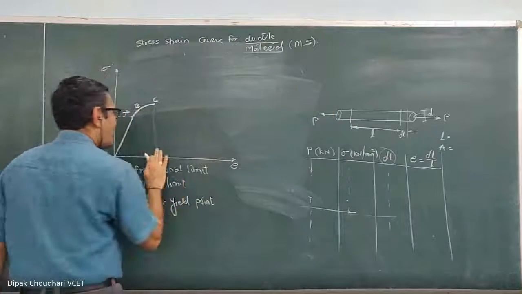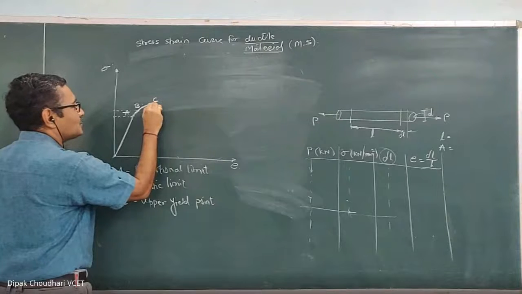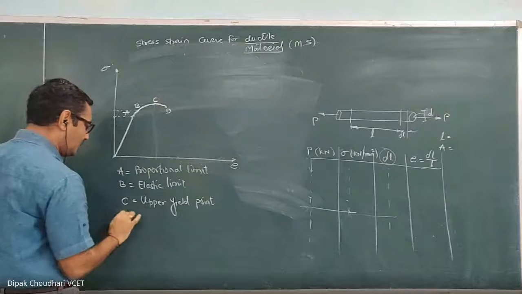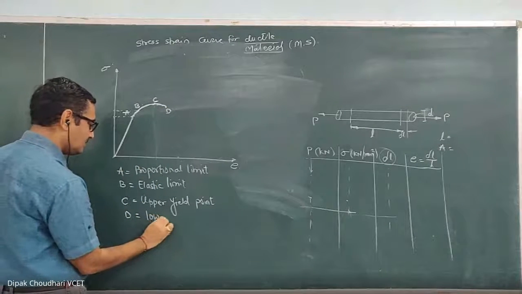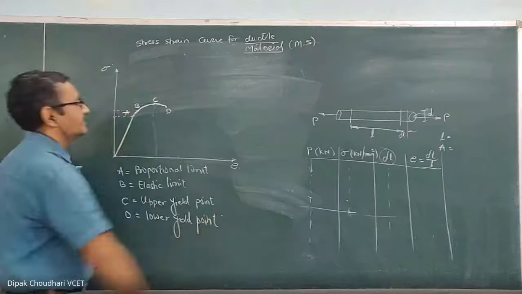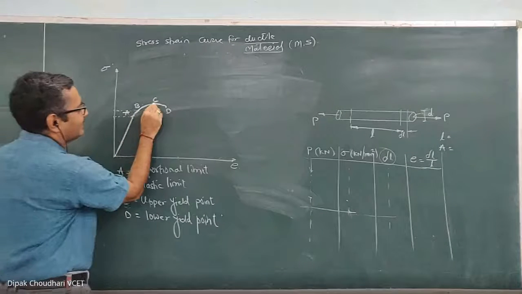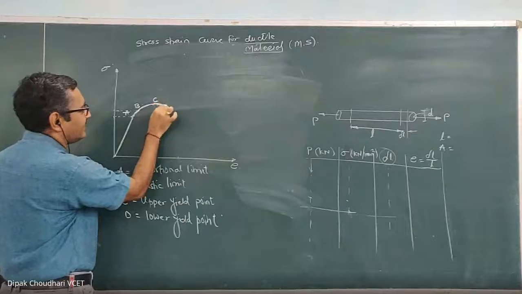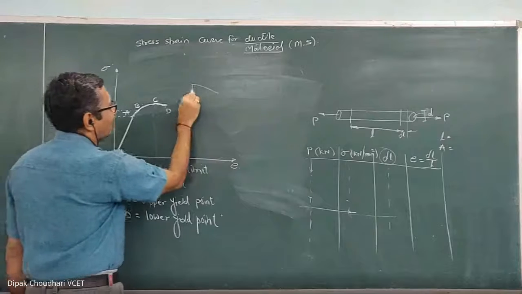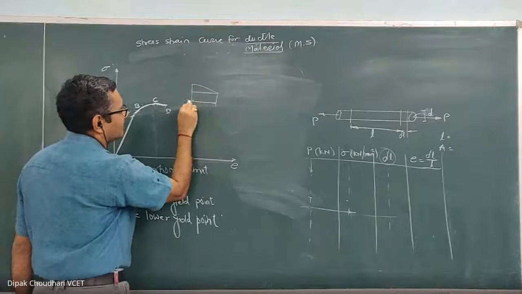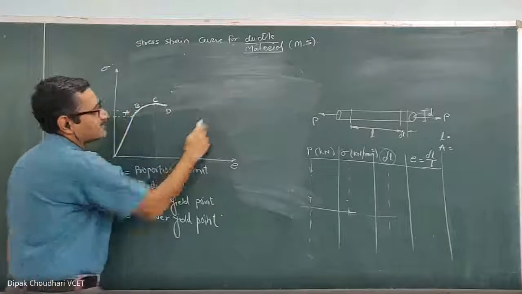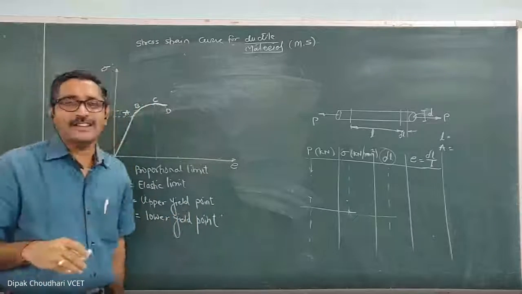Okay, so from this C, the material shows the yielding, and this D is the lower yield point. D is known as the lower yield point, and this is the yielding. It may remain horizontal or it may slightly come down. Okay, so from C to D, if I show the exaggerated value, you will observe that there is a considerable increase in the strain, whereas there is no increase in the stress. Means without increasing the force, the material gets elongated, so this process is known as the yielding process.